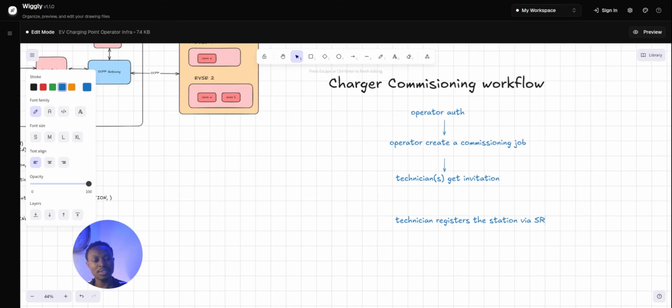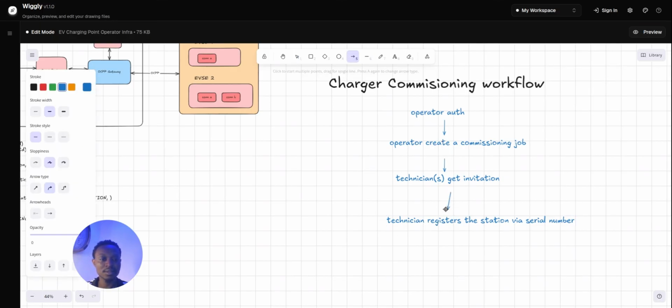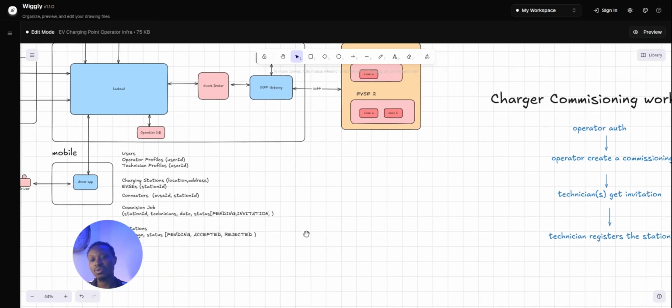Let's use serial number, makes it easy. So this is where the technician types in the serial number to connect that to the exact job and the exact station. Once you connect the serial number and call a particular endpoint,